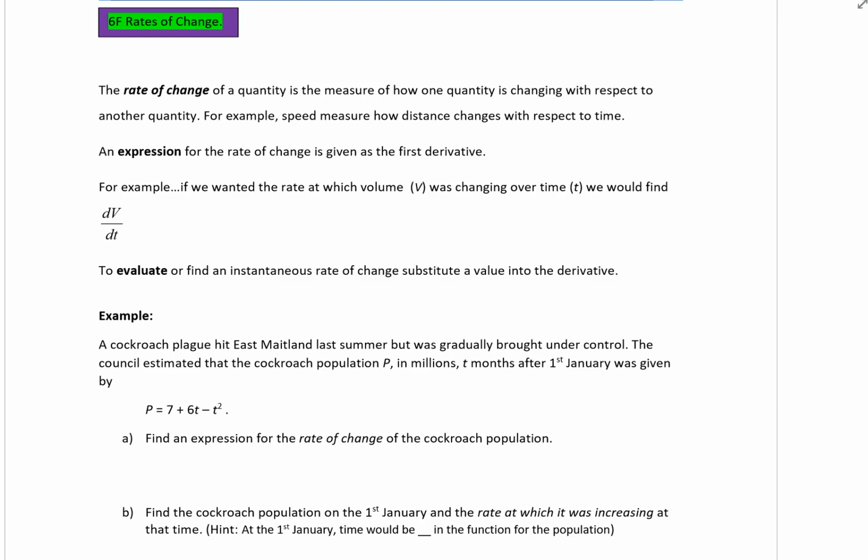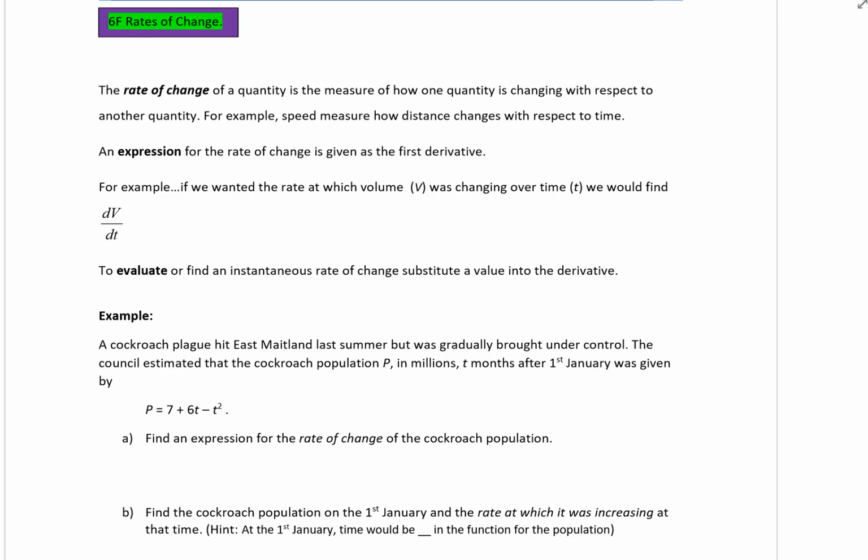Now, when we start talking about changes in variables compared to another change in another variable, you're probably making the connection to gradient, and obviously connecting to gradient because gradient measures the rate of change of one variable compared to